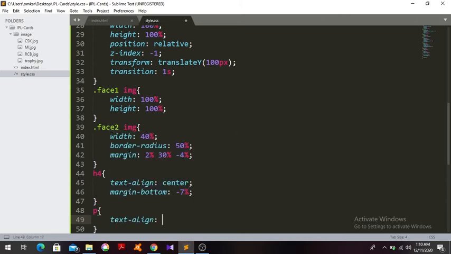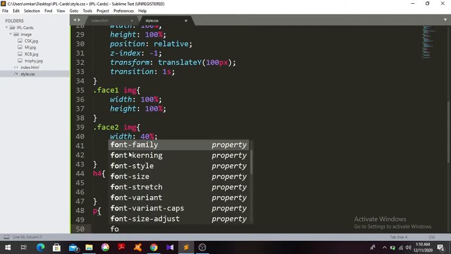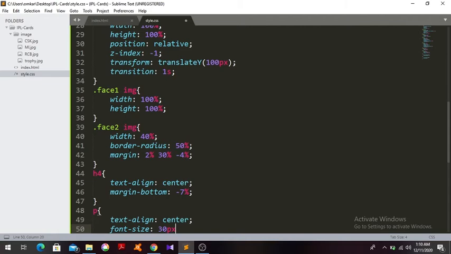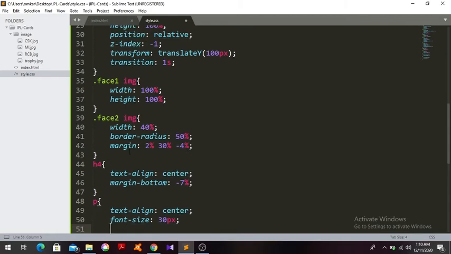Same, I will again align the text in center. Then font size 30 pixels. And finally font weight is bold. Save it and see the changes.